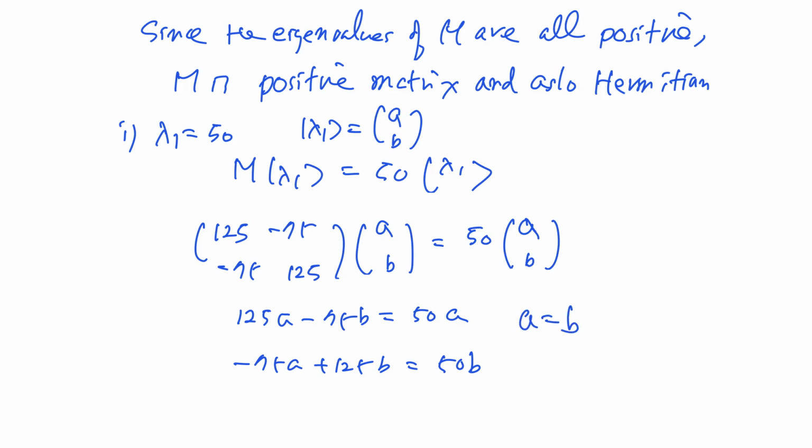A is equal to B, right? Right? So we can say lambda 1 is square root of 2 without... right? Same as before. How about 200? Original matrix, right? So lambda 2,